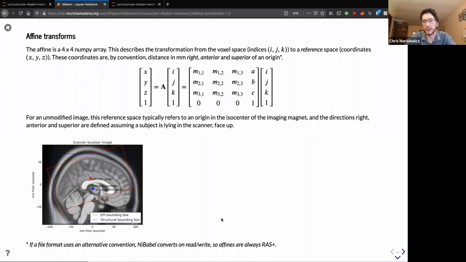Some people have previously used RAS to refer to starting at the right, anterior, superior end, which would be the exact opposite for us. So we are trying to be very explicit about all of our assumptions. So here's an image of what this looks like. So you're looking at a